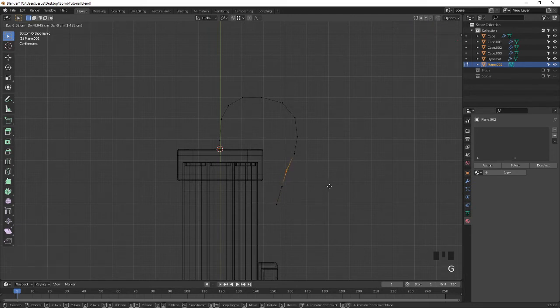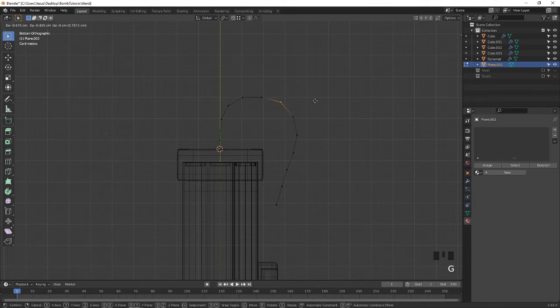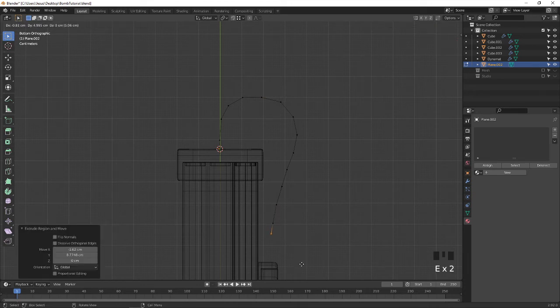Select these vertices and move, align it as per how the wire comes. You have to think of it in that way, and move the vertices as per our requirement. This is the wire which is going to be the path for us. Press E to extrude, E to extrude, E to extrude.